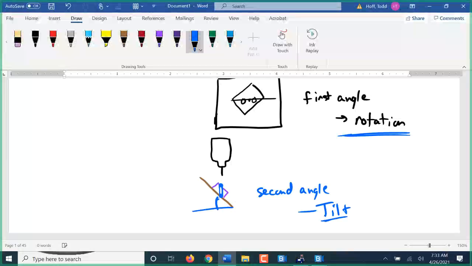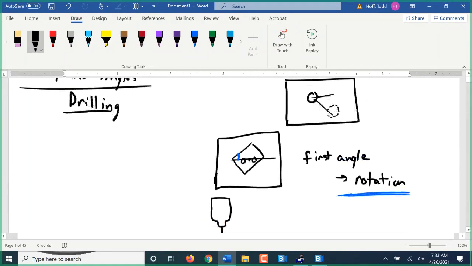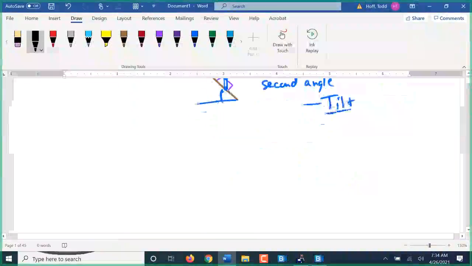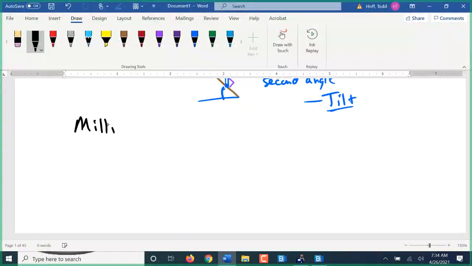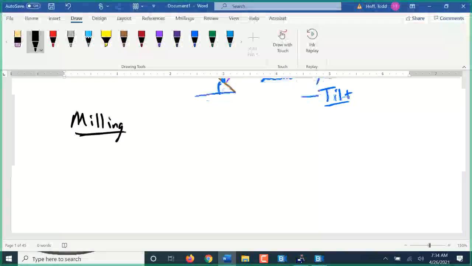We're going to be dealing with rotation and tilt. So this rotation up here, that angle would be like that angle there. Similar to drilling, you have an angular milling case. Compound angular milling